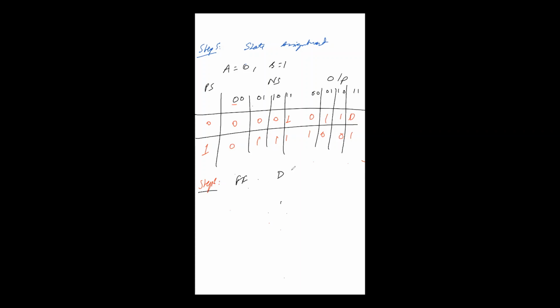Let us suppose we select a D flip-flop, because it is easy to select a D flip-flop. So draw the excitation table. That is present state, input, next state, D input to D flip-flop, and output. Present state, let us represent by small y. Input represented x1 and x2. Next state represented by capital Y, represented by D, and output represented by Z.